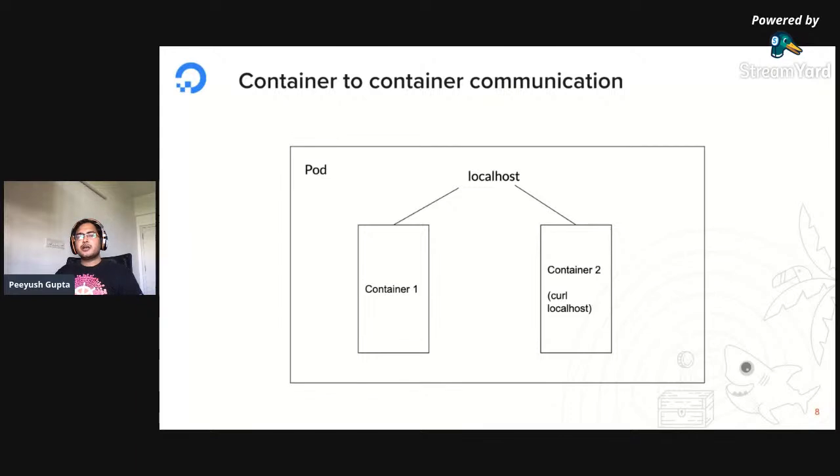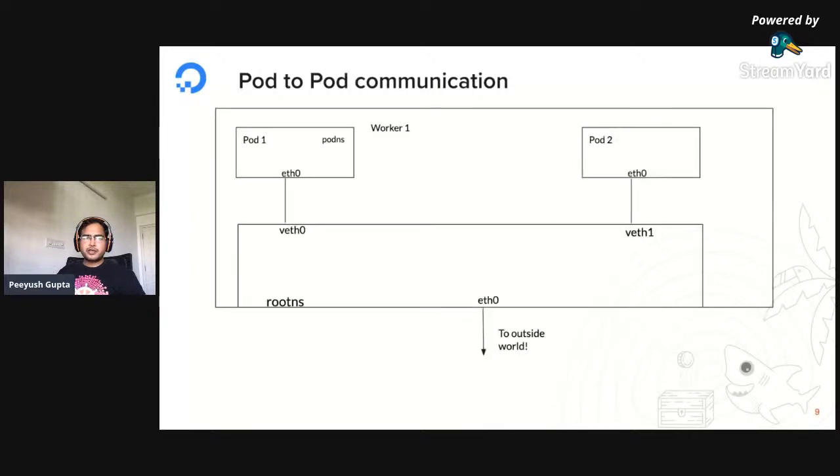Another way that I have not mentioned here is that all the containers are also part of the same process namespace, so you can also do IPC, or inter-process communication. That would be a little complicated to make happen, but that can also be one of the ways.